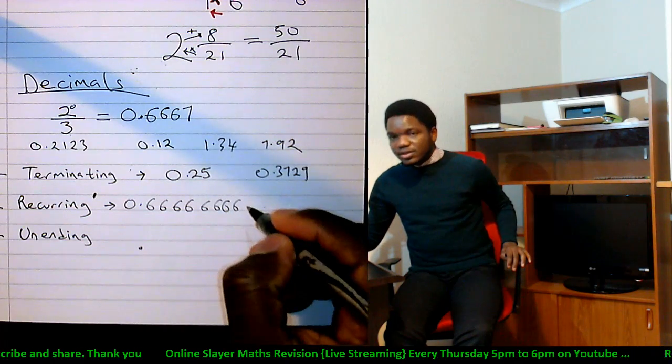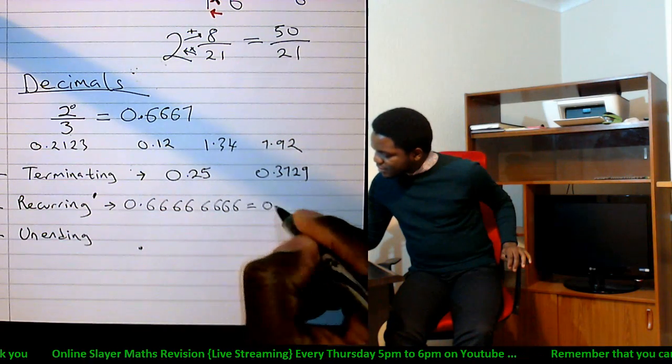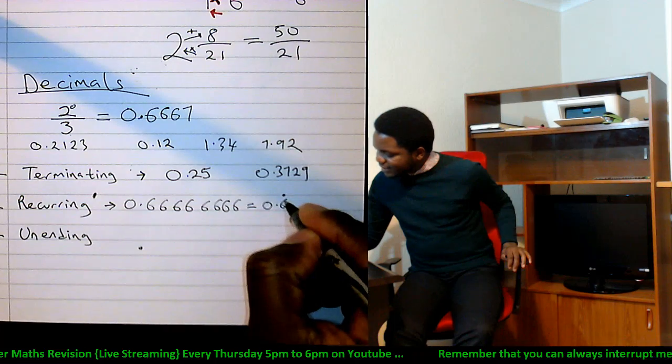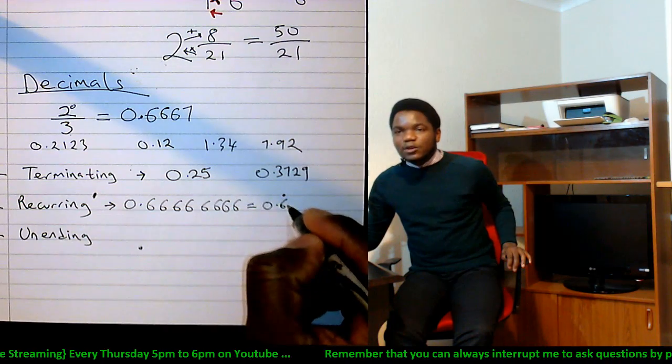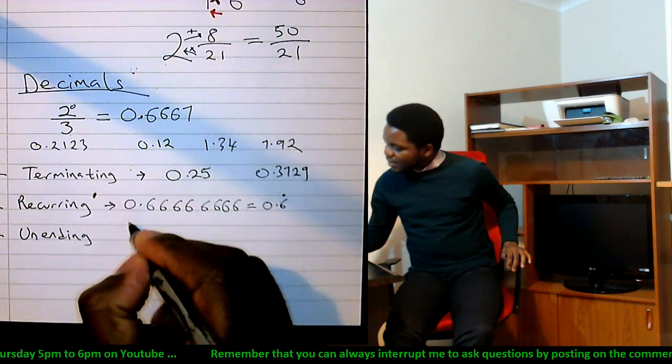0.66. Then you know what you just do? You say, guy, you're just 0.6 with a dot on your head, and that dot means that you're not going to stop. You're just going to keep coming, isn't it? Also,